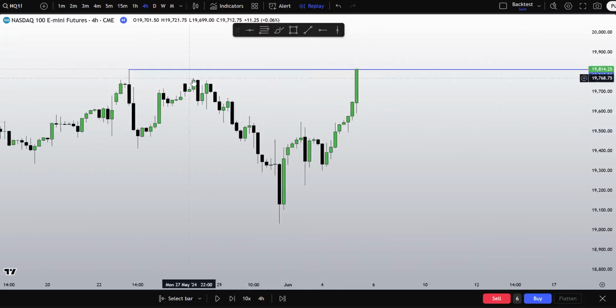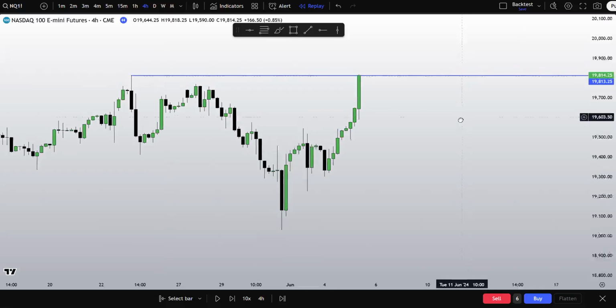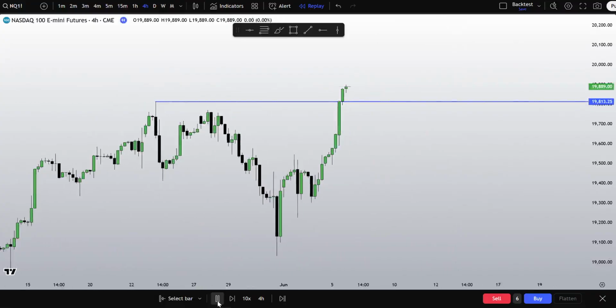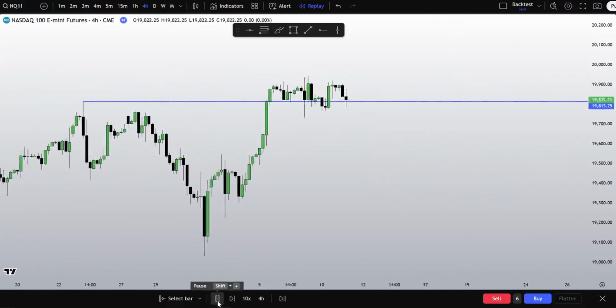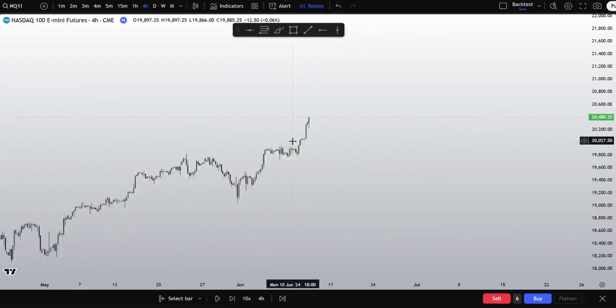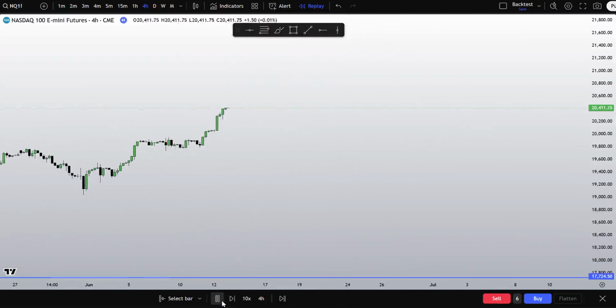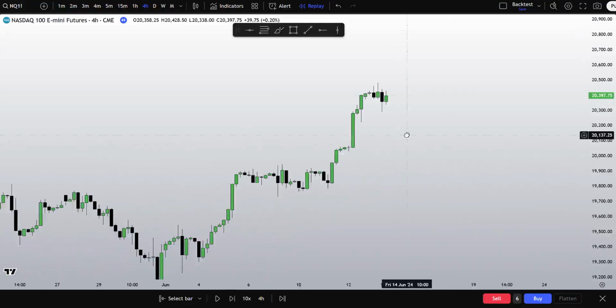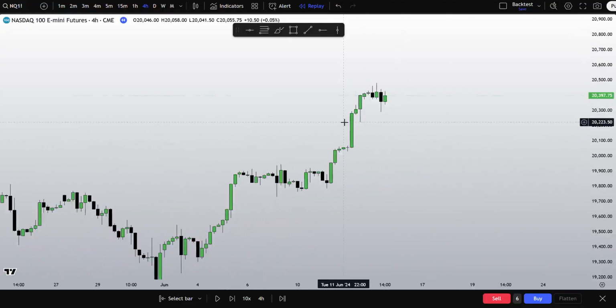My eyes were going to be here and here at the 19,813 level, and that's what gets tapped into. Once again, I want to see a bit more context. I'm fast playing it now. I want to see us head lower and form some context because we're at all-time highs. If we're at all-time highs, you just want to observe the imbalances that it's retesting. And if we keep respecting it, yeah, aim higher. I wouldn't say just aim for no man's land.